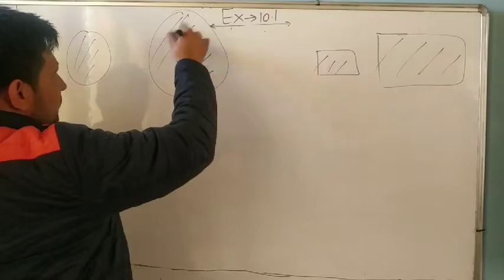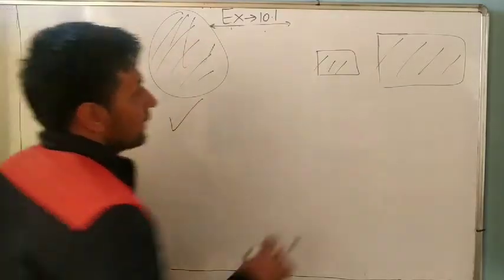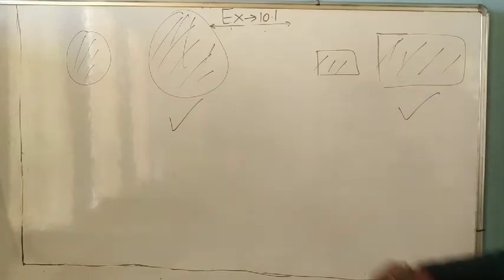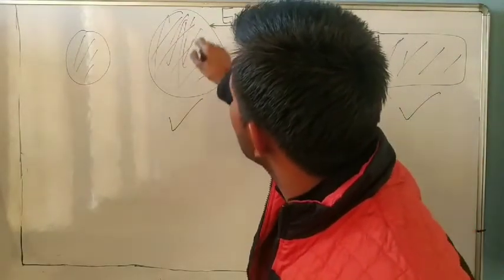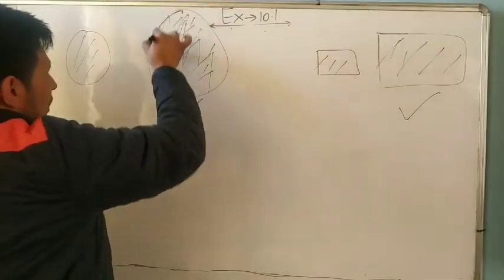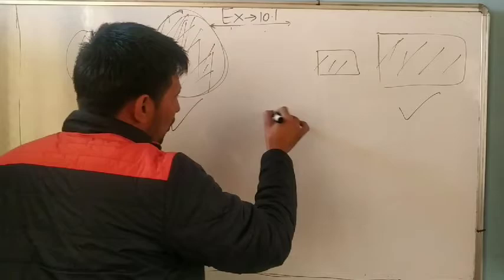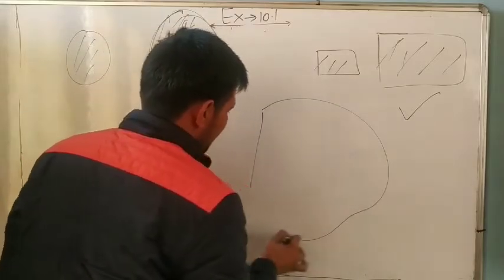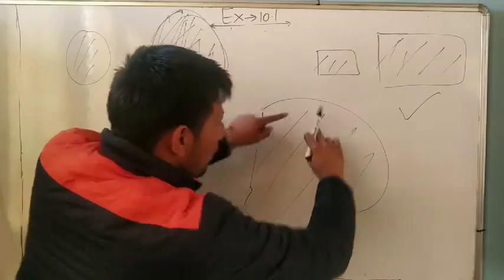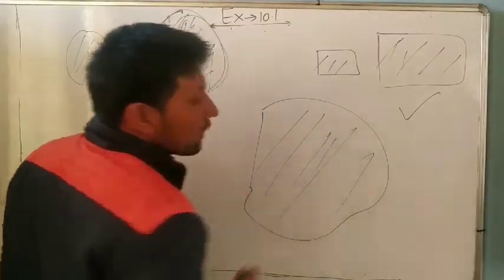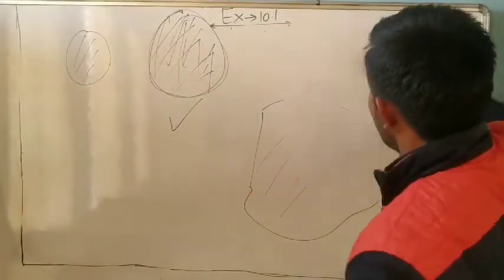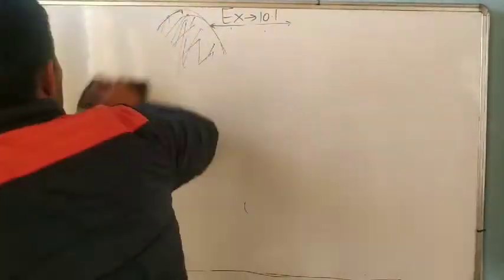More region means this region, so which one is it? From these two figures, which one has more region? This one has more region. So this region we always call area. Okay, this means the total surface enclosed by a figure. The total surface: suppose any figure, where is the surface? This surface enclosed by this figure is called area. Now we will learn what is area. So write, area. What is area?